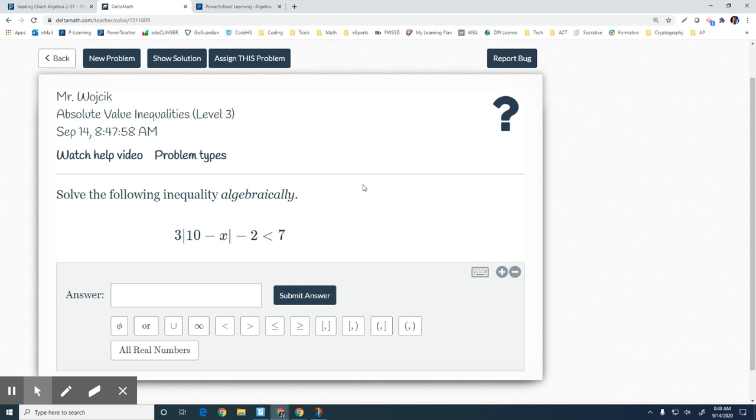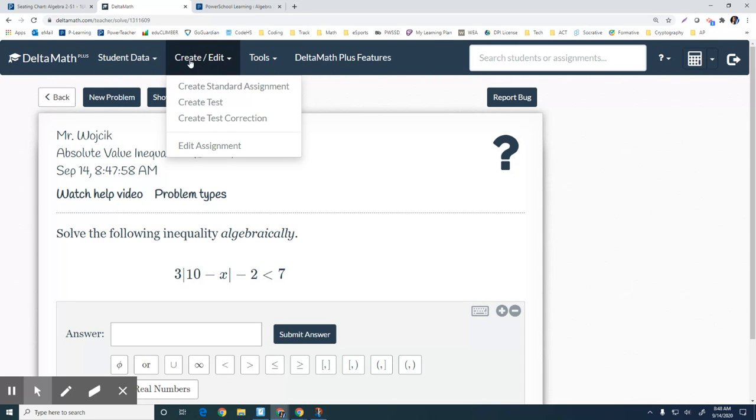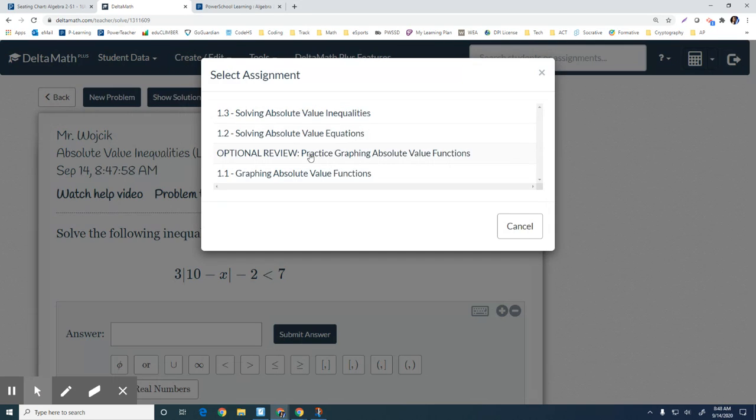And last, one more thing that I want to show everybody. I've got a new assignment for you that you should see in Delta Math called Optional Review, Practice Graphing Absolute Value Functions. So this is for Learning Target 1.1, where we did have an assignment, but it wasn't random questions. You just had those 8 that I had picked out for you specifically. This optional review,